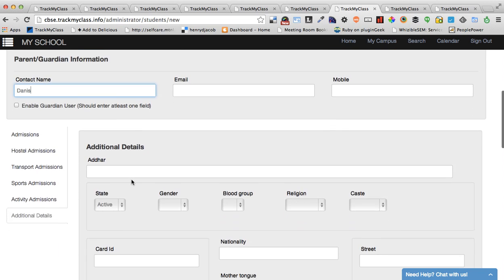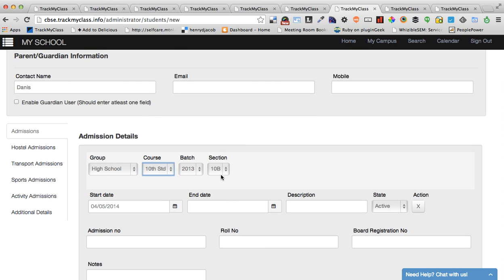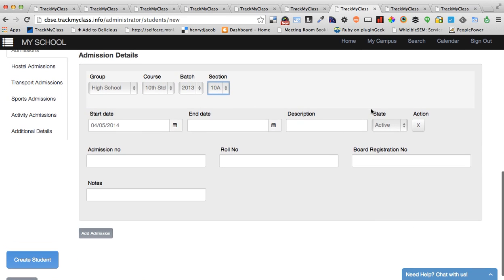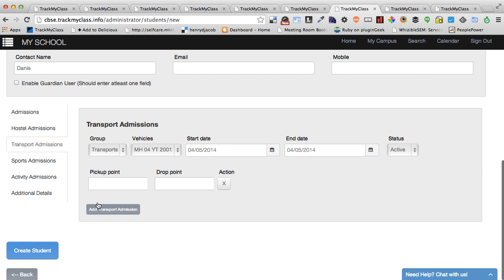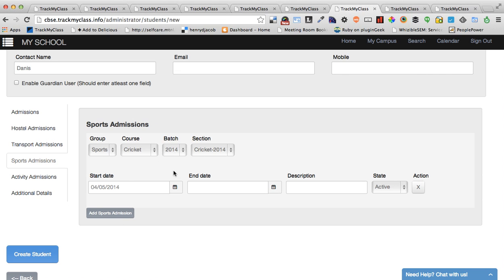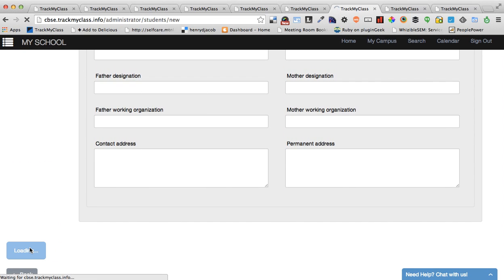I'm just giving some of the quick information which is mandatory. So I have placed the student in 10th standard, A section. I'm going to leave all other things blank. So I have a boys hostel admission, I have a transport admission, I kept the sports admission as well, so I keep it football, and I have activities as music, and I'll keep the additional details left out. So when I create a student,